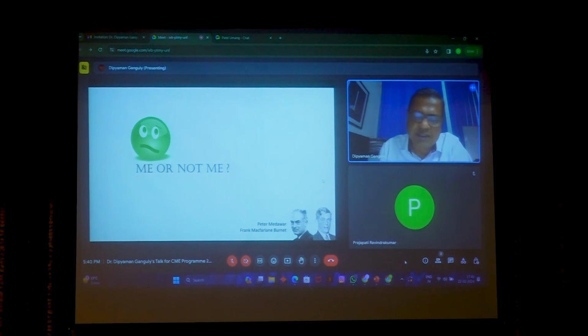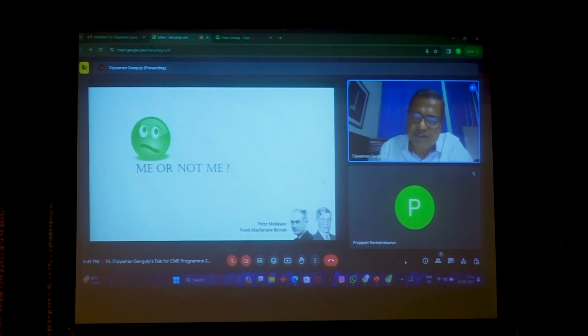One of the major immunologists who played a big role in making this domain an autonomous subject and asking the pertinent questions about how immune functions work in the body were these two people, Peter Medawar from England and Frank Macfarlane Burnet